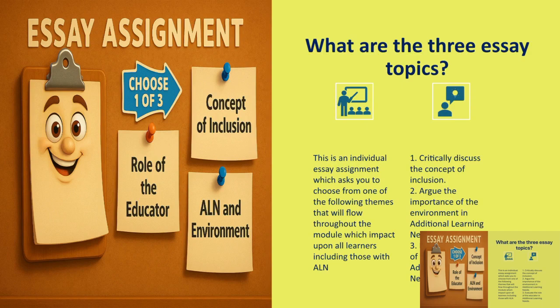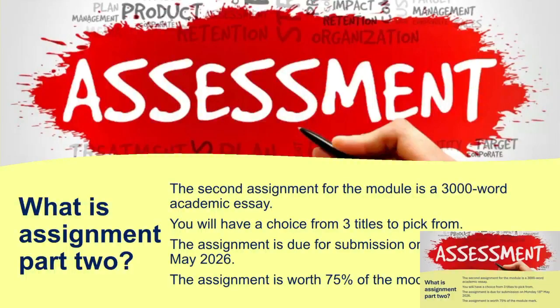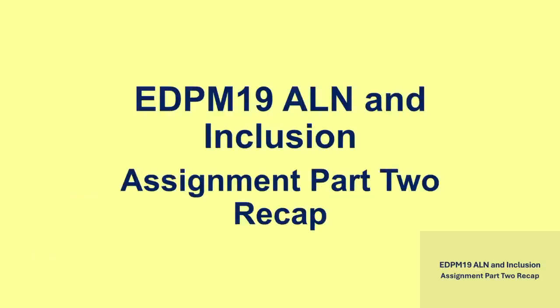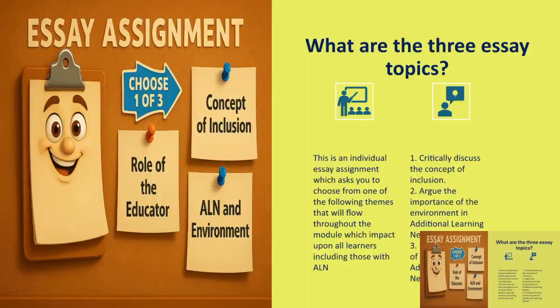Okay, so Agaga, for example, I know you're really interested in things like the impact of rural poverty and access to education and those kind of things. That would fit really well in the first option, but maybe wouldn't fit quite so well in the second or third question. So if you want to look at something a bit more broad, maybe that first question, critically discuss the concept of inclusion, might be the one to go for. Very sorry, this has got a mind of its own this morning. I'm not pressing anything. The other 2 have got ALN in the title, therefore we need to have an ALN focus. However, we can still broaden those out as well.